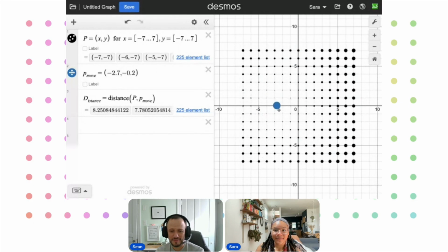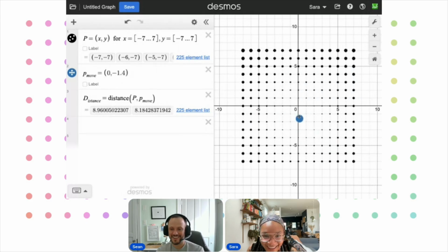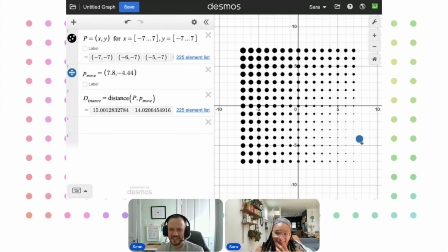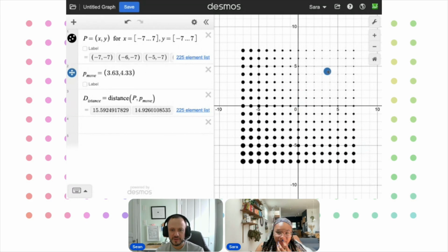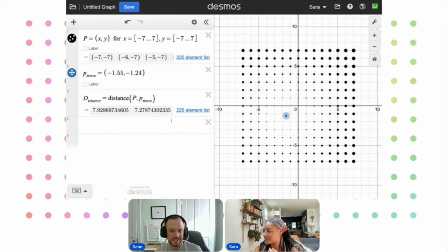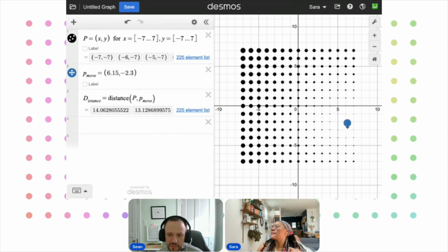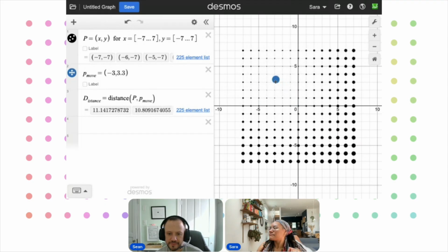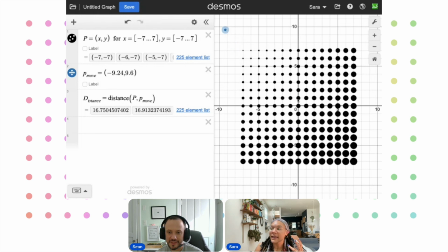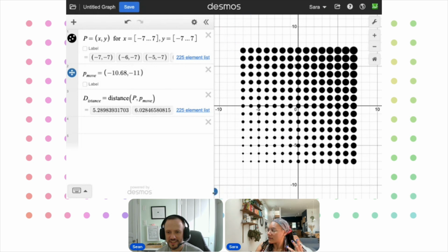I think that's enough. Maybe we just do color. Okay. Yeah, if it's not broken, don't fix it. Okay, so all Sarah did there was make the size of the points equal to the distance between the movable point. So that means if it's really close to it, the distance is like 0. And the furthest, I guess if I zoom out and I move this point really far away, then the